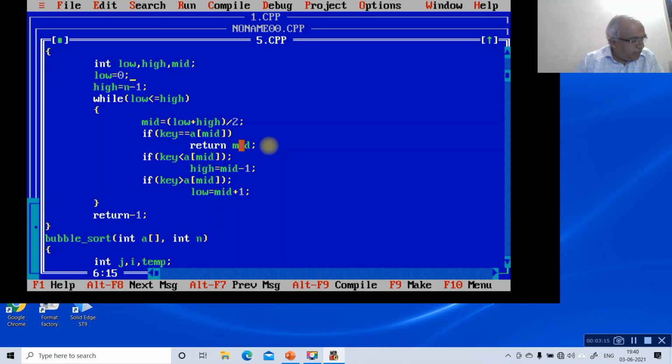If key is equal to a of mid, then return mid. If key is less than a of mid, here. So that is where we were giving the wrong statement.